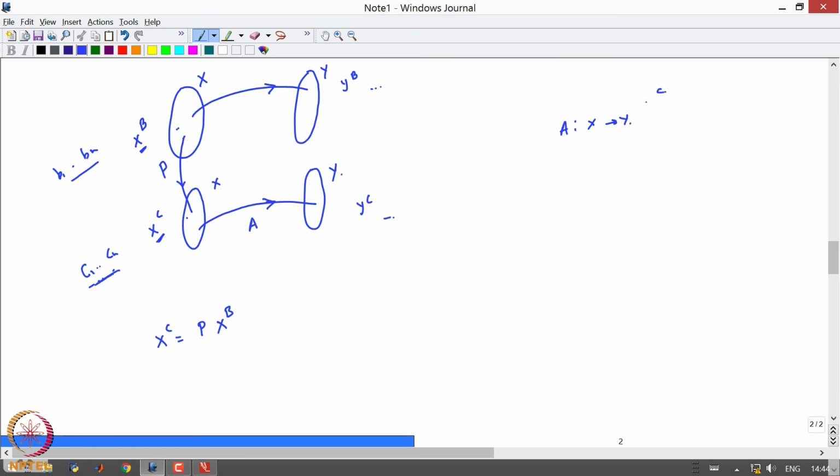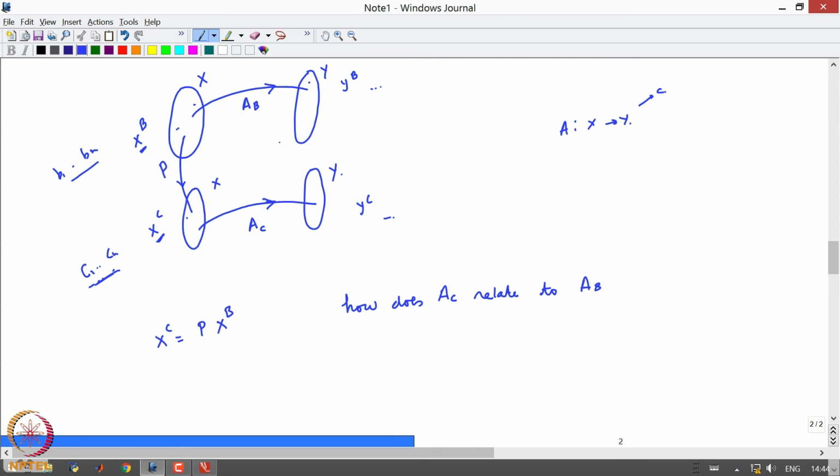So, let me call this, just to associate it to C, it's a little not notationally correct, but let us see how. So, this is how it looks like. Or maybe I will just call it, say, AC. Okay. There also exists a similar transformation from X to Y under this basis. So, let me call this AB. So, the question is, how does AC relate to AB?